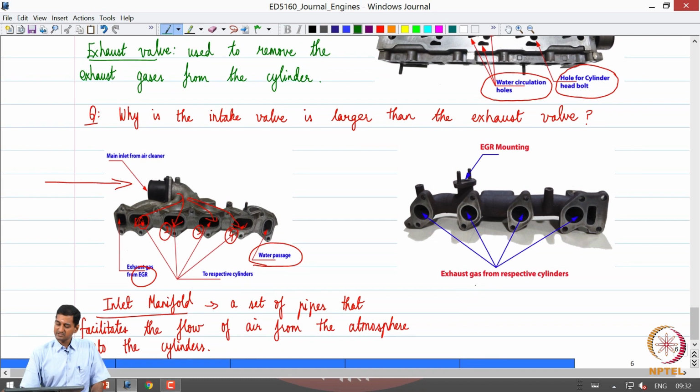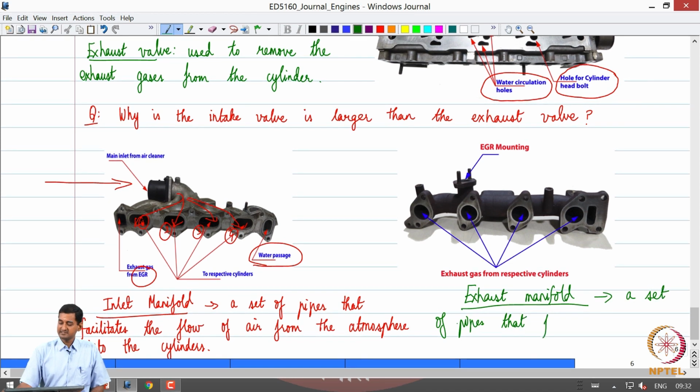Similarly, we have what is called an exhaust manifold. So, the function of an exhaust manifold is now very obvious. So, what does it do? It is nothing but a set of pipes that facilitates the removal of exhaust gases from the cylinders, or the combustion chambers.